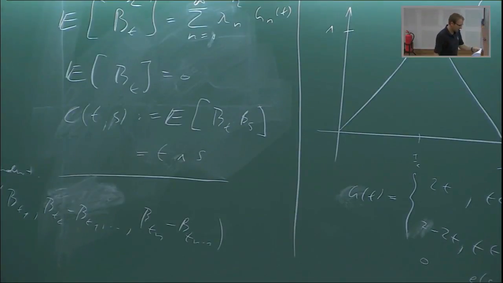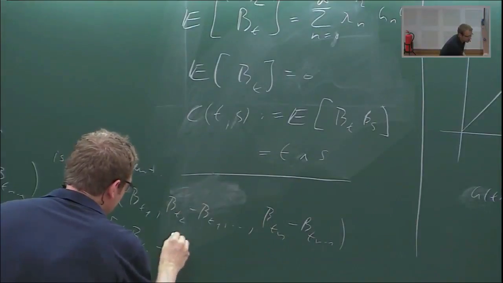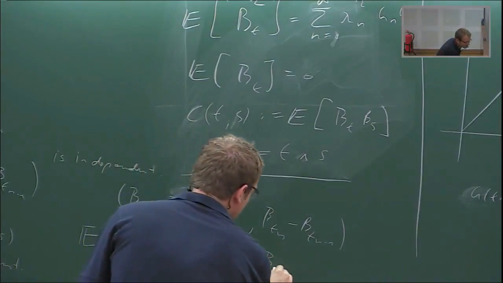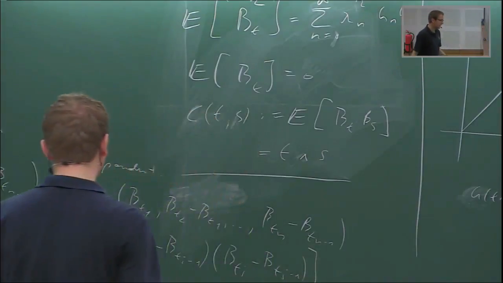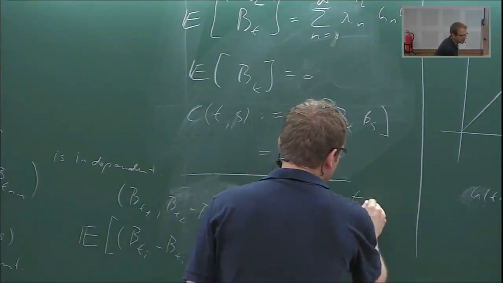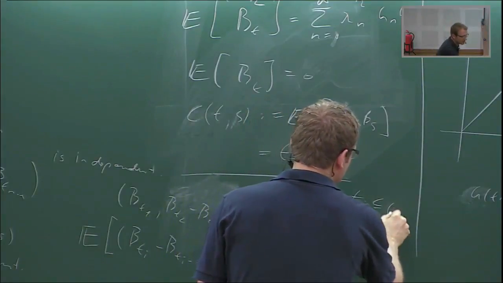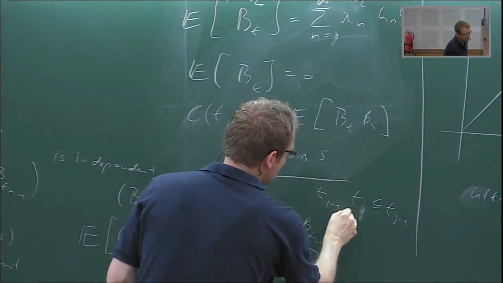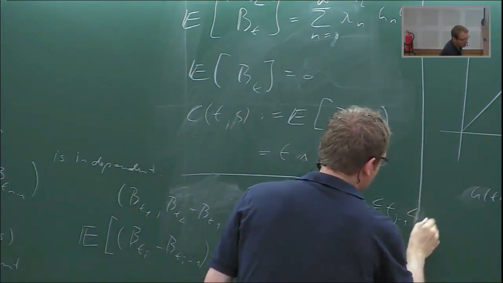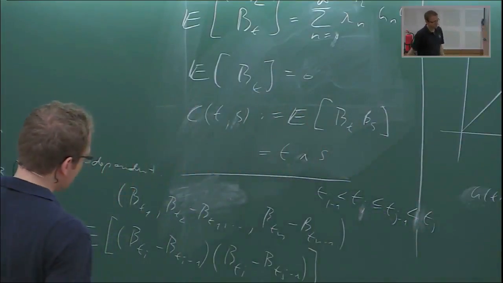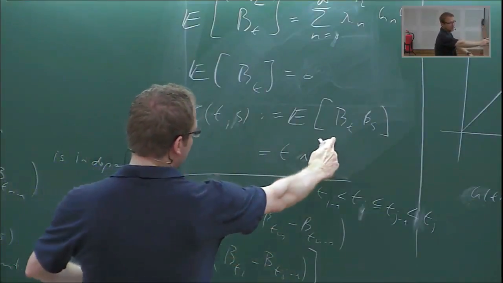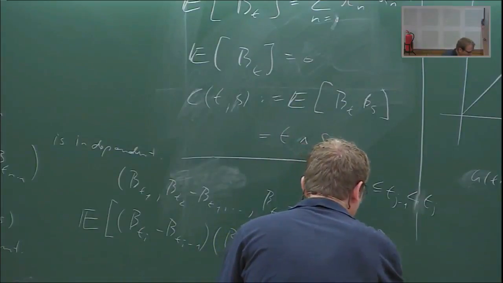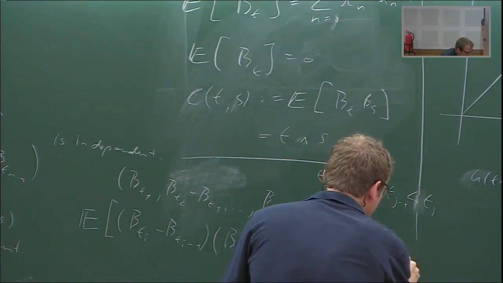So, B_ti minus B_t(i-1), times B_tj minus B_t(j-1). In the case of that, without loss of generality, ti is less or equal than t(j-1). And here we have t(i-1), and here we have tj. So in this case, we can just multiply it, and we get something of this shape. And so we have here the expectation of B_ti B_tj,